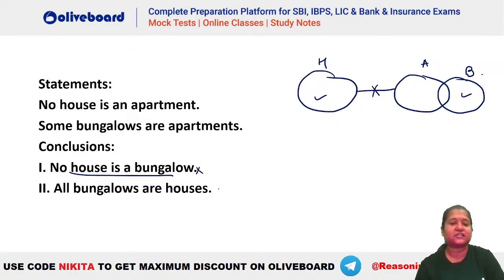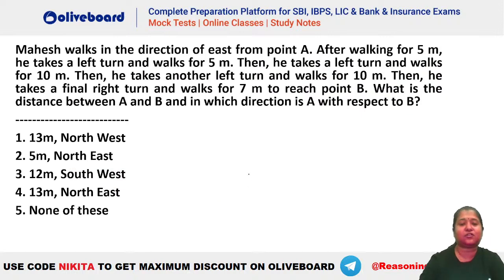All bungalows are houses. That is again this. ये तो बिल्कुल ही गलत हो गया. That all bungalows are houses. You can see this portion of bungalow that is common with A. This can never be a part of house. मतलब ये तो definitely false है. Something that is definitely false can never be a part of your either or, है ना? So you can see the answer to this question has to be neither one nor two. क्या आंसर आएगा? Neither nor. चलो जल्दी से इस क्वेश्चन को करिए. Let's try. Let's see.